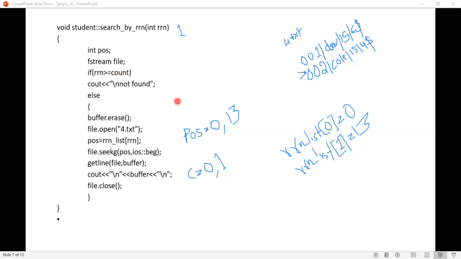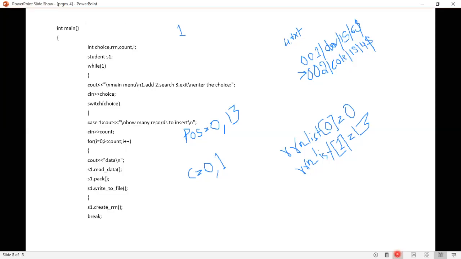Oh, okay, I'm sorry. This count is from the main method here. The count which you have entered, that is 2 here. The count value will be 2. This is just specific to that particular method, that is create RRN. This count is 2 here.